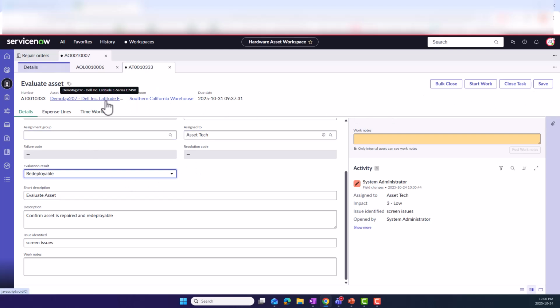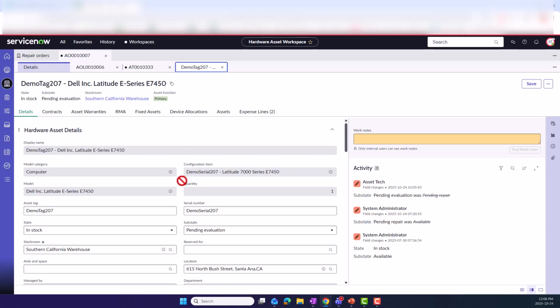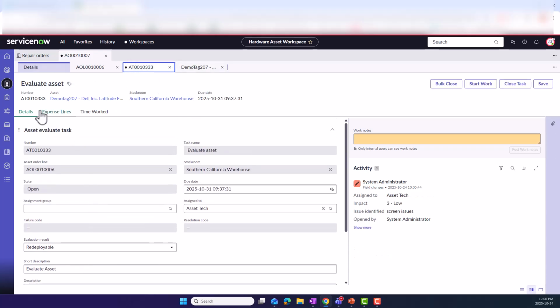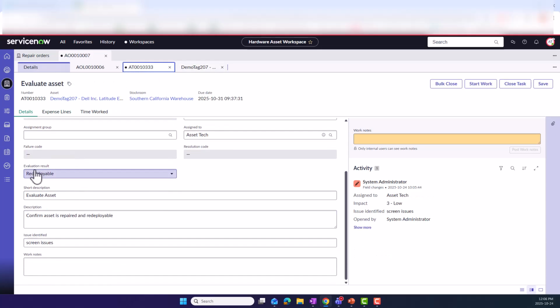One thing I want to do just before I actually hit save on this particular task is take a look at the asset here. We can see right now the state has gone from in stock pending repair to in stock pending evaluation. So as you move through the flow, the asset state, substate, is going to get updated as you go through. So now if I come back in to this particular evaluate asset task, I say that it can be redeployed,